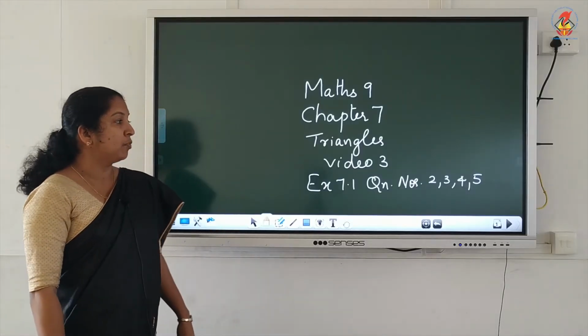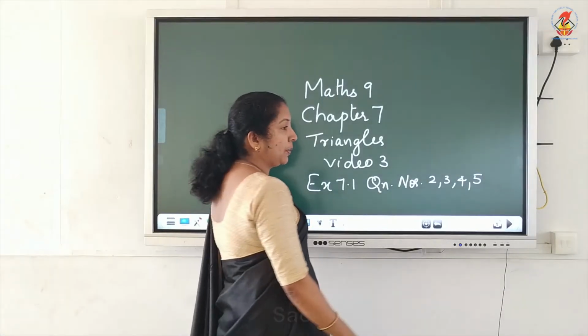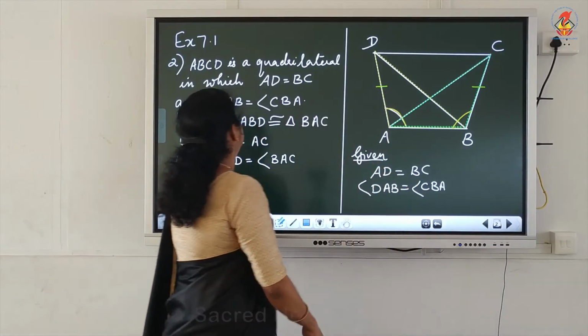Triangles, exercise 7.1, second, third, fourth and fifth questions. Second question,